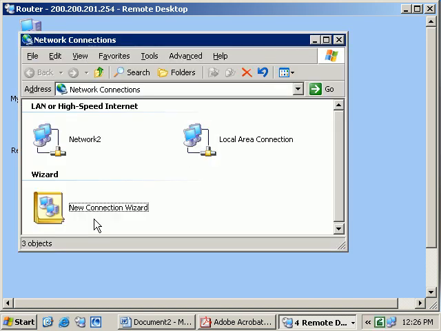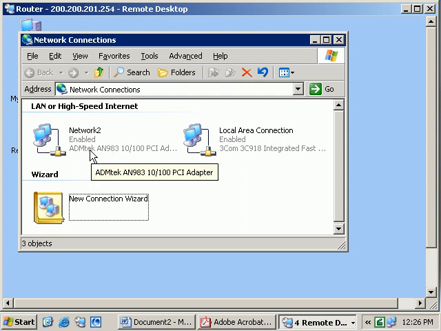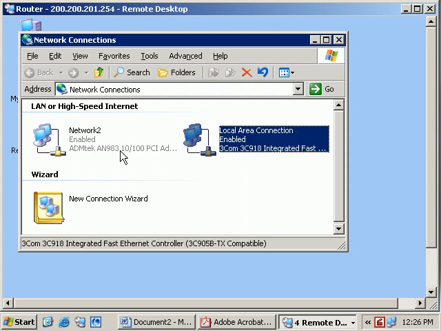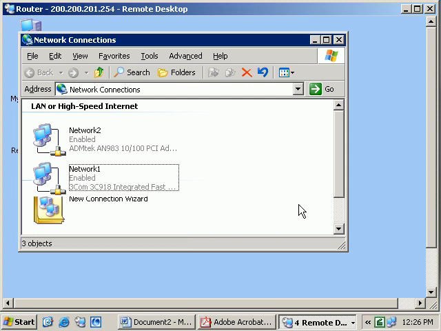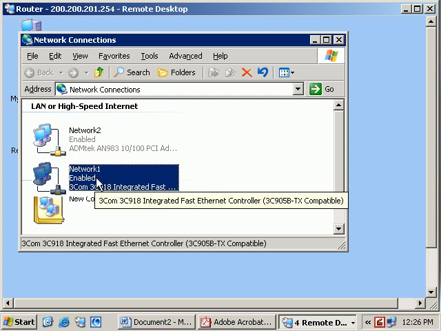This router has 2 NIC cards, and I've set up both of them. Actually, I forgot to label this one. So let's do that now. What I did was I labeled this one as network 2. Right click on this one, rename. You can do the same thing in your computer setup, network 1. Okay, I'm leaving a note for myself that this particular NIC card is connected to network 1, so